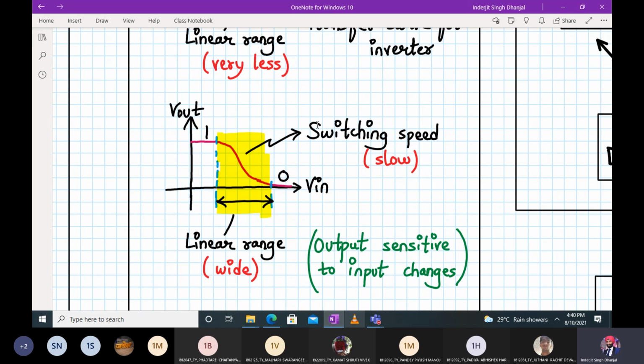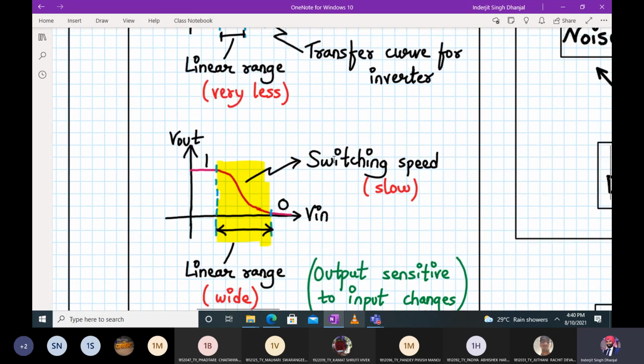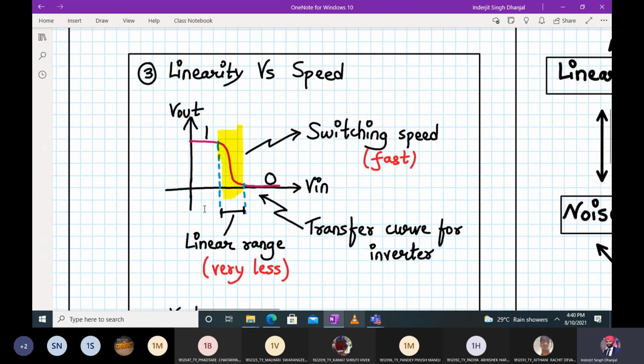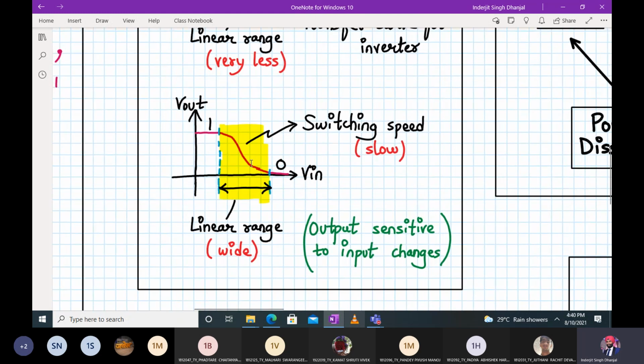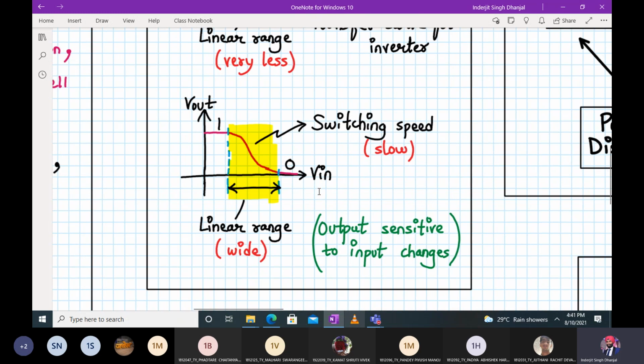And we don't only want a good amplifier, which will provide a good amplification or a good input output impedance. We want an amplifier which is a linear amplifier. And if you have a wider linear range, that's very good for an analog amplifier. This is good for inverters. This is good for amplifiers. Okay, so there is a trade-off between the linear range as well as the switching speed. Fine. So this was all about the